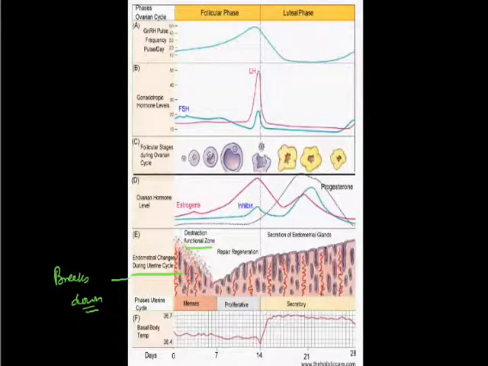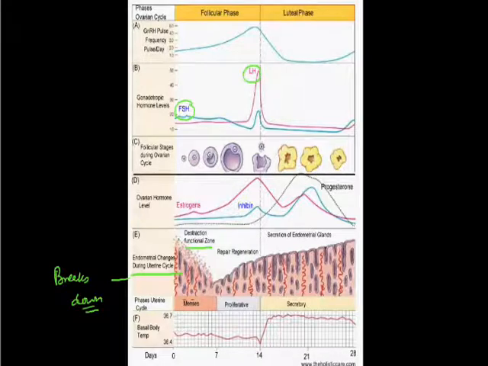This results in bleeding because these blood capillaries which are developed, they are broken and the epithelium is also broken. Then it starts again to recover, and again thickening starts. This process is known as reparative regeneration or proliferation. The process is under control of two hormones, as I told. One is FSH, another is LH.